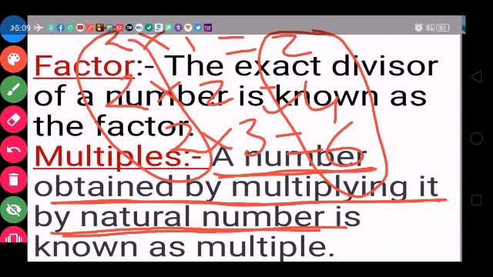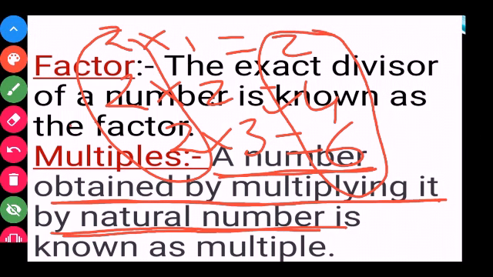Understand why? Because we multiplied by natural numbers 1, 2, 3 etc. All counting numbers are said to be natural numbers. That means when you multiply a number by a natural number, the result is a multiple of that number. So here 2, 4 and 6 are multiples of 2. To obtain multiples, we multiply that number by natural numbers.